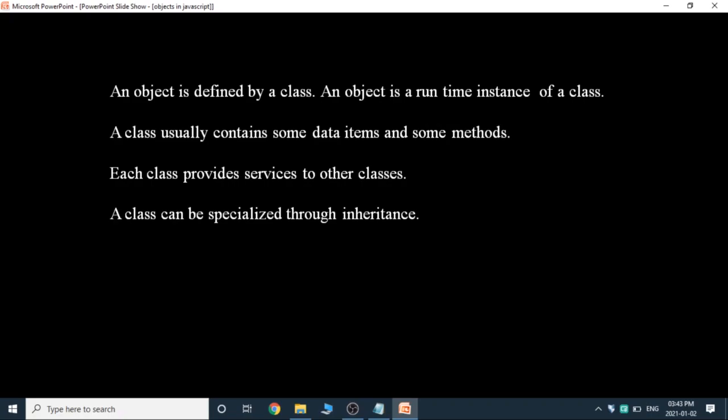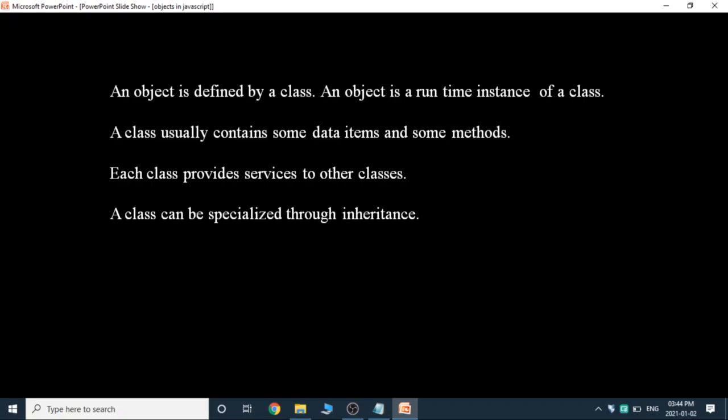A class can be specialized through inheritance. What is inheritance? Inheritance is reusability. That means rather than starting from scratch, we can use the existing class. For that purpose, we are using inheritance.